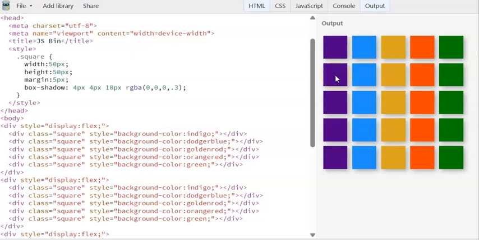wanted to accomplish in that video was offsetting the colors, which means that like this indigo color, instead of being in place 1 here, will be in place 2, and then 3, and then 4. So then every row would be offset, and then the colors would kind of go diagonally as opposed to just straight up and down. And this is really not that difficult of a task to do, and there's a couple of different ways we